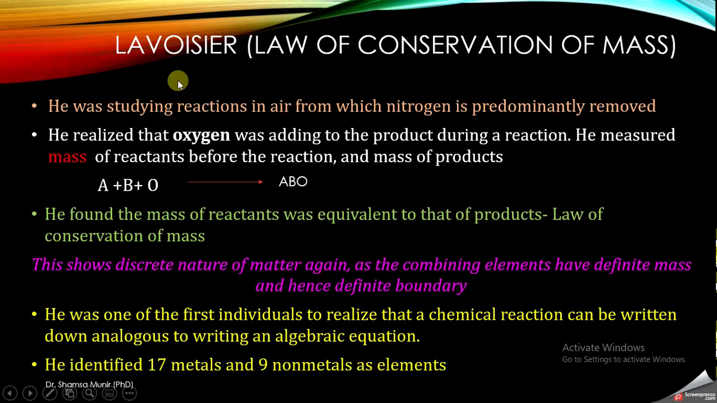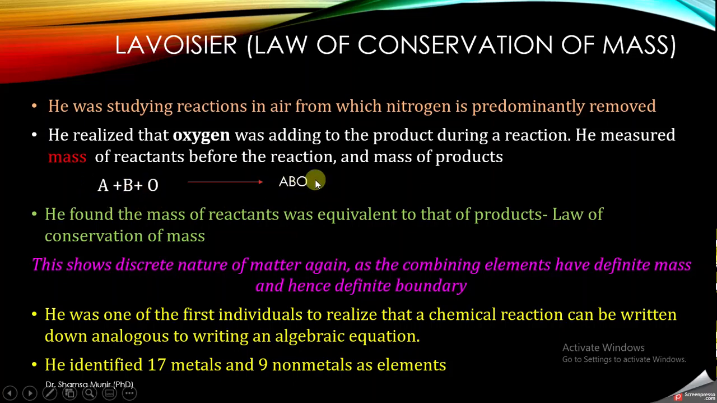Then there was a scientist, Lavoisier, who gave the law of conservation of mass. He was studying reactions in air from which the nitrogen was removed. He wanted to see whether this air, which has predominantly oxygen in it, whether this oxygen is adding into the reactant or not. So he measured the mass of the reactants and the mass of the products, and he found that this oxygen was actually adding into A and B to form products. So he gave the law of conservation of mass: the mass of the reactants was equal to the